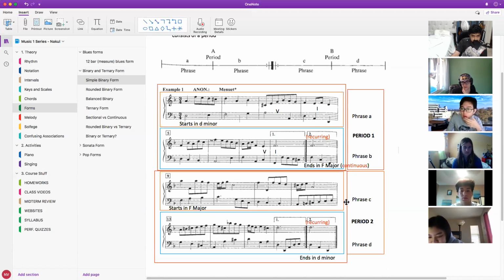Now, kind of considering why this is a phrase versus this is a phrase. Let's listen to this system in isolation. So what you basically see, it starts in F major. And then here we have an A major chord. So an A major chord,